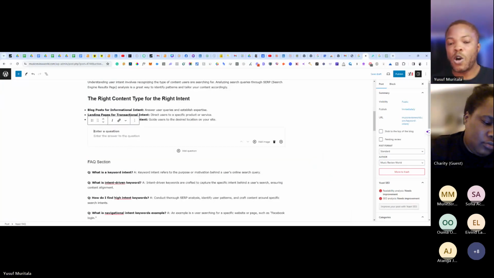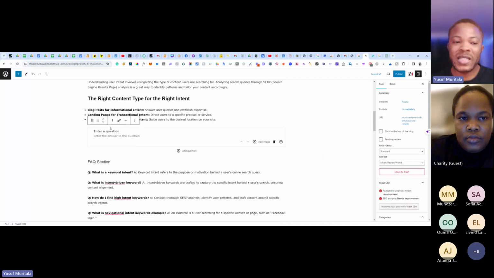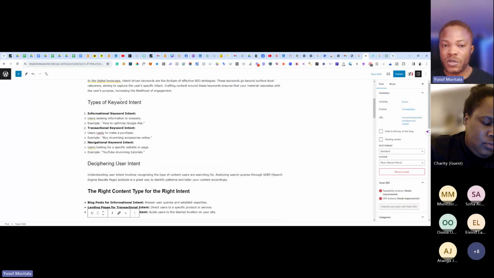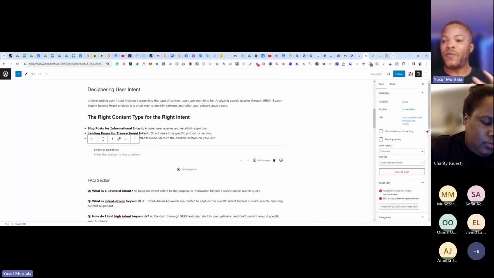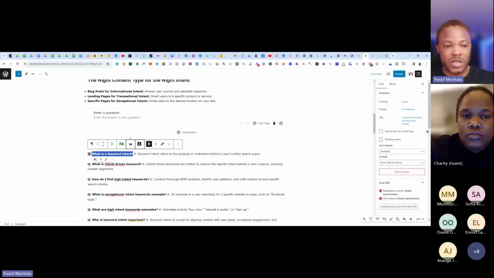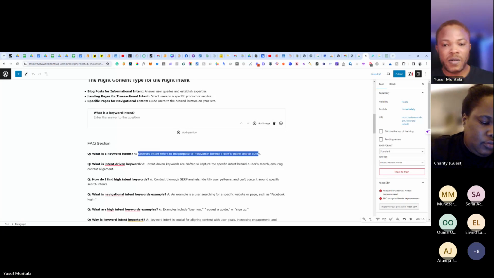Because then it will insert a code that Google will understand, okay, this article has a frequently asked questions section. So not just the heading and all of those, but it has the frequently asked questions section. So it's easy to add this as I have done. And then you can copy this question, paste it here, and then you copy the answer, right?